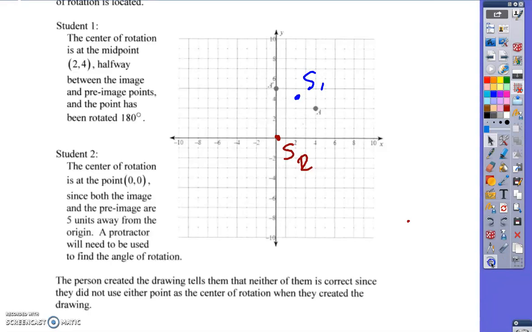I'm just going to do some quick rotation moves for you. So we've got our center of rotation, and I'm going to draw in with green my first dot at A, and I'm going to rotate it around this dot here. And so notice how it passes through S, and it totally lands on A. Now, I don't know how much it rotated, but it totally landed there, so it seems really reasonable that he's right. And we can do the same thing if we move our center of rotation here to student 1's conjecture,